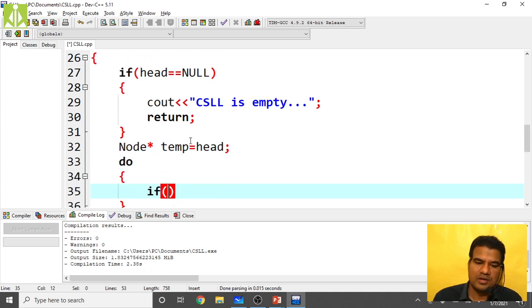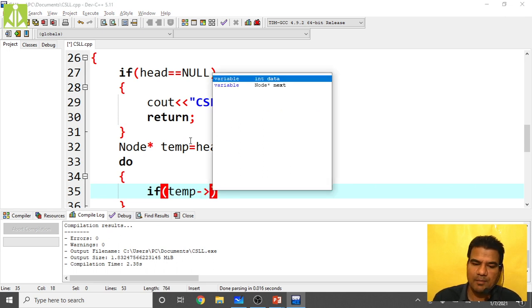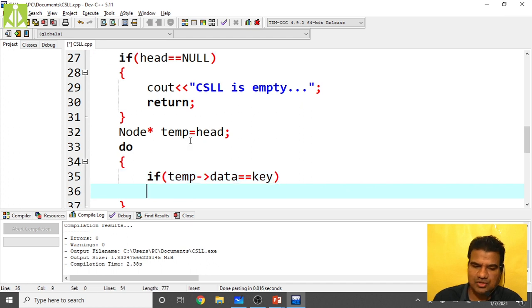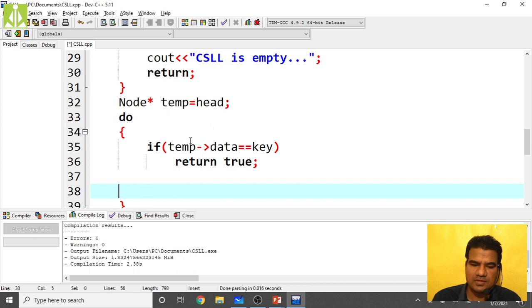Now, if temp of data equals to key, if at all this thing is true, then what we have to do? Return true to indicate that the key is found.